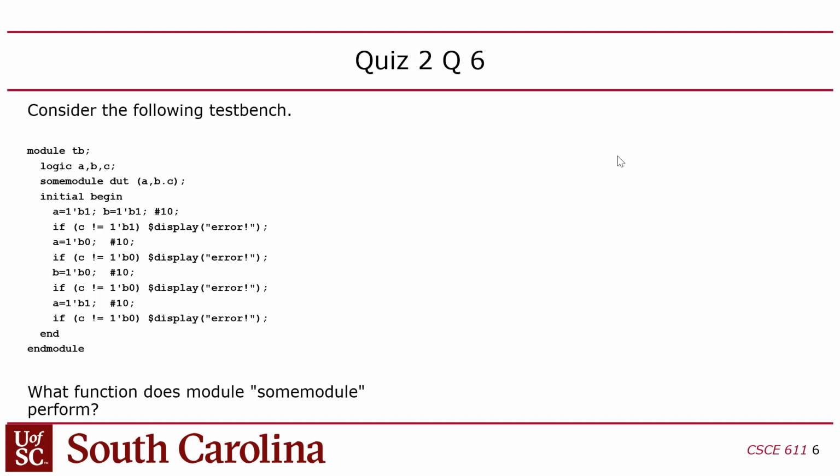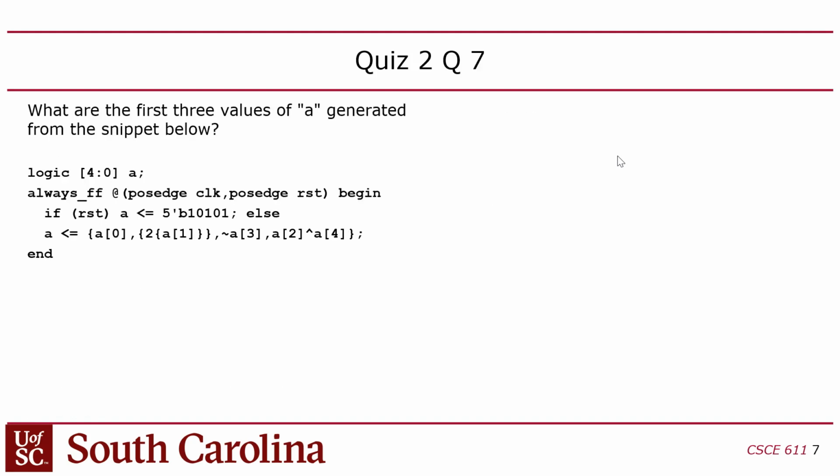Now, one thing that may not be obvious here is notice how I set A and B at the top, but I only set A here. That's because it's going to retain the old value of B, right? So this is test case 1, 1. This one's going to be 0, 1, where A is 0, because B is still going to be 1. And this will be 0, 0. And then this will be 1, 0. So it looks like that's supposed to be an AND gate. Yeah, AND gate.